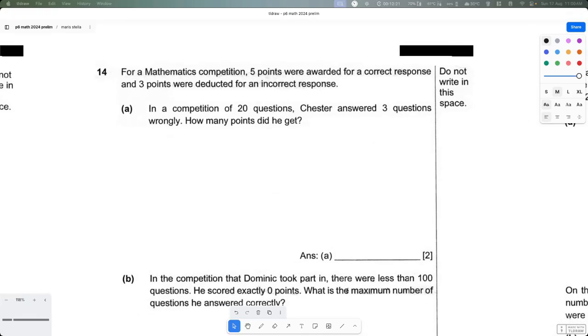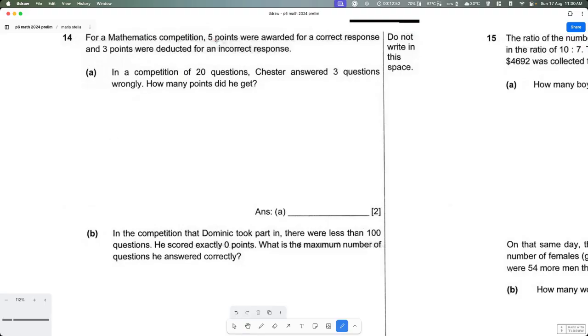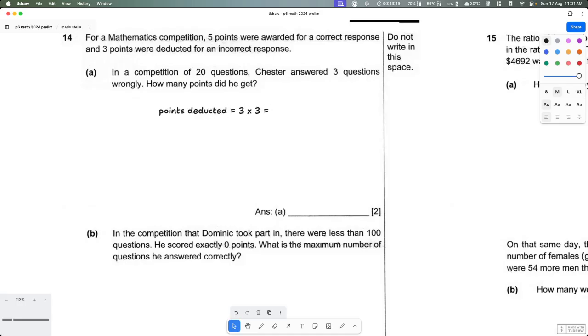Question 14. For a mathematics competition, 5 points were awarded for a correct response and 3 points were deducted for an incorrect response. In a competition of 20 questions, Chester answered 3 questions wrongly. How many points did he get? So, points deducted is equal to 3 questions times 3, which is equal to 9. Then points awarded is equal to, so correct